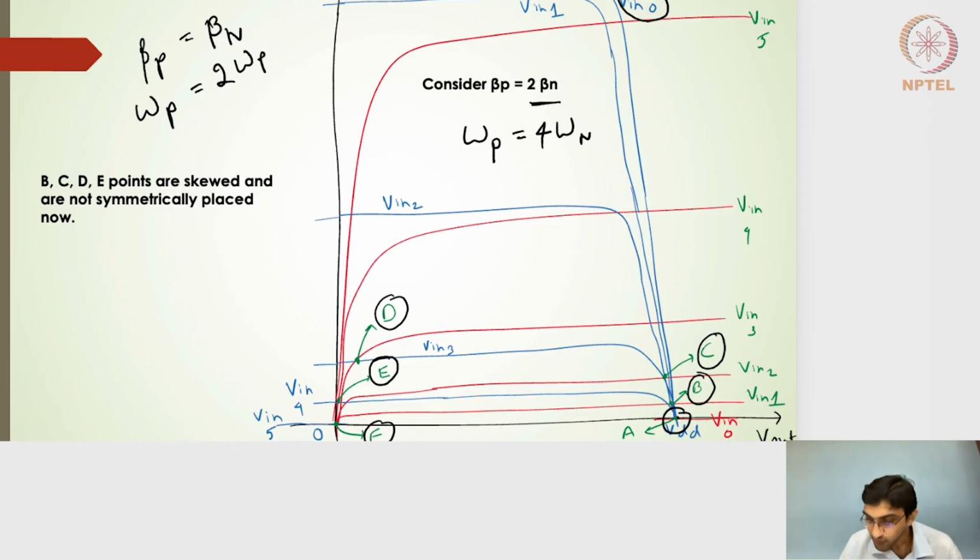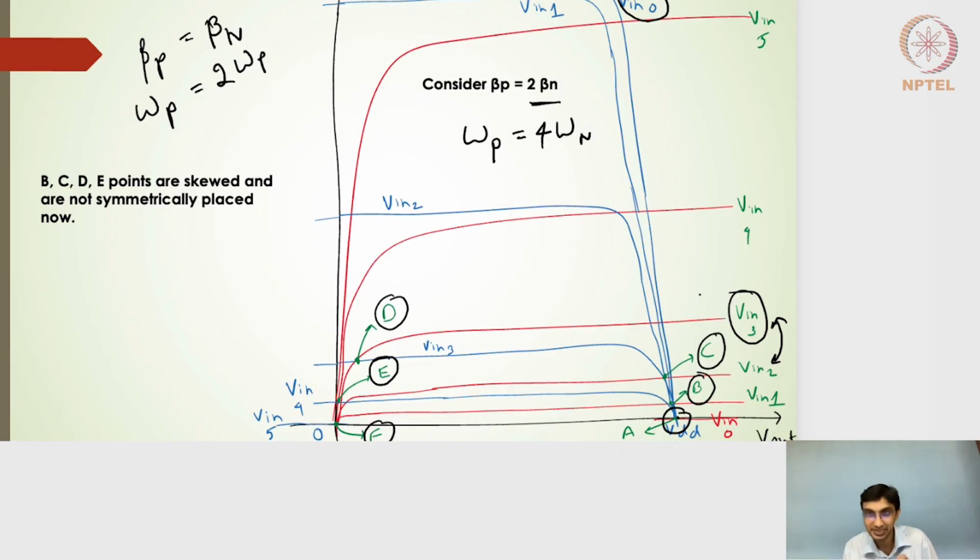So what it means is, for an input voltage to be higher than 2.5 volts, somewhere between 2 and 3, or closer to 3 volts, I should be able to draw the current line of the PMOS and the current line of the NMOS, and at that point we should be able to establish a series of intersection points in